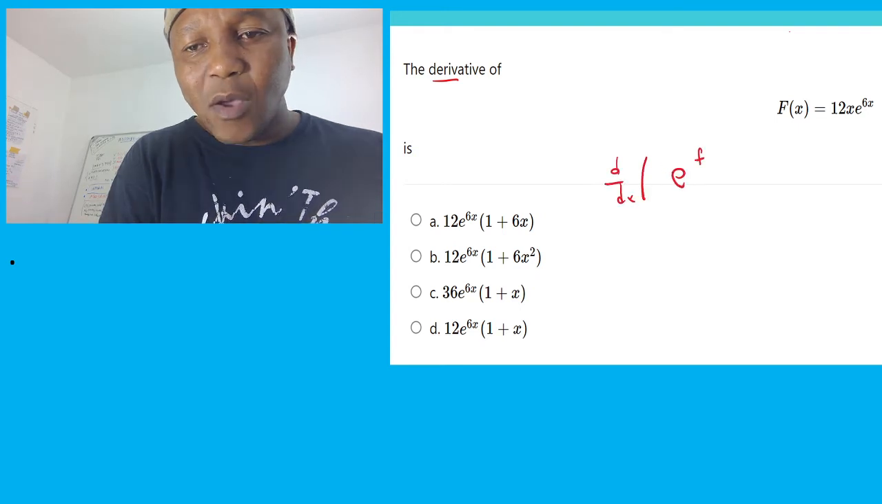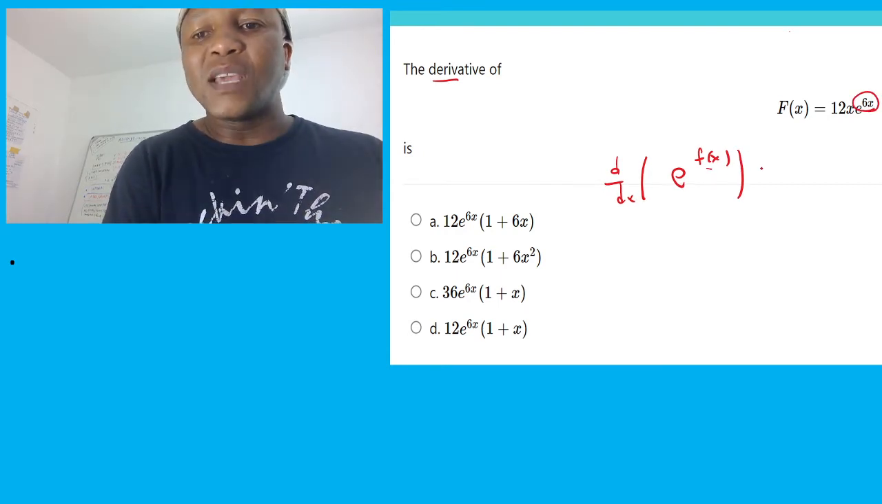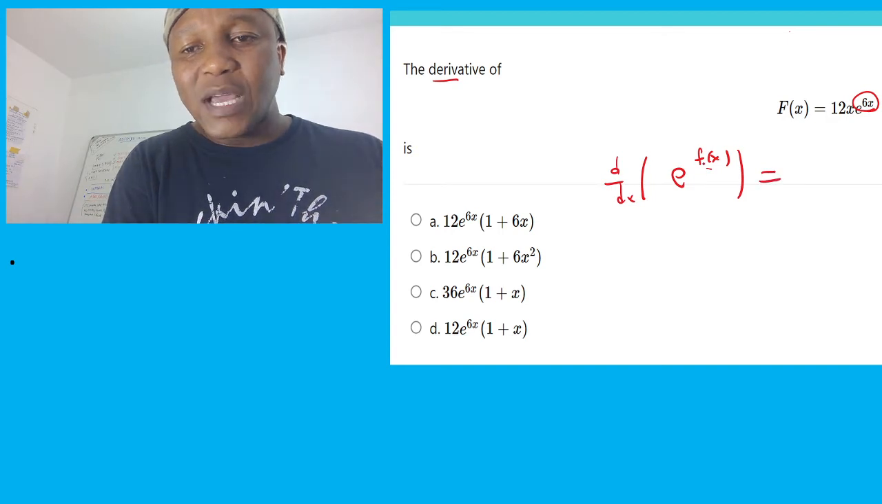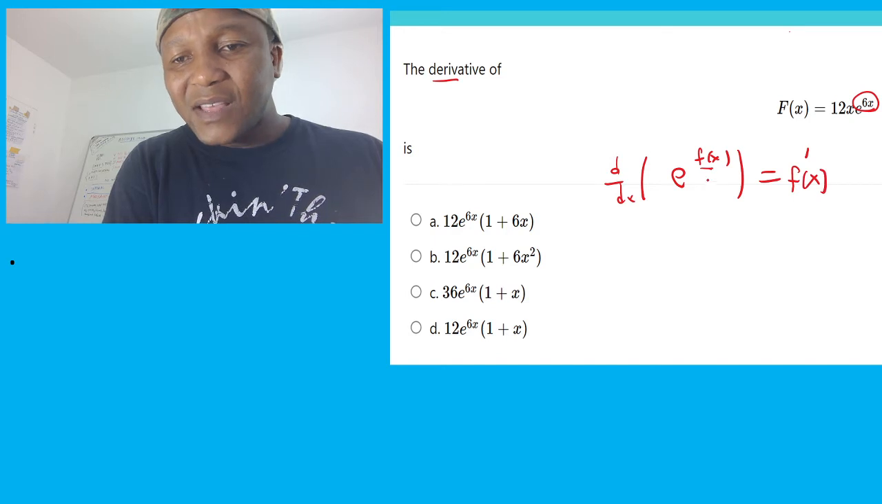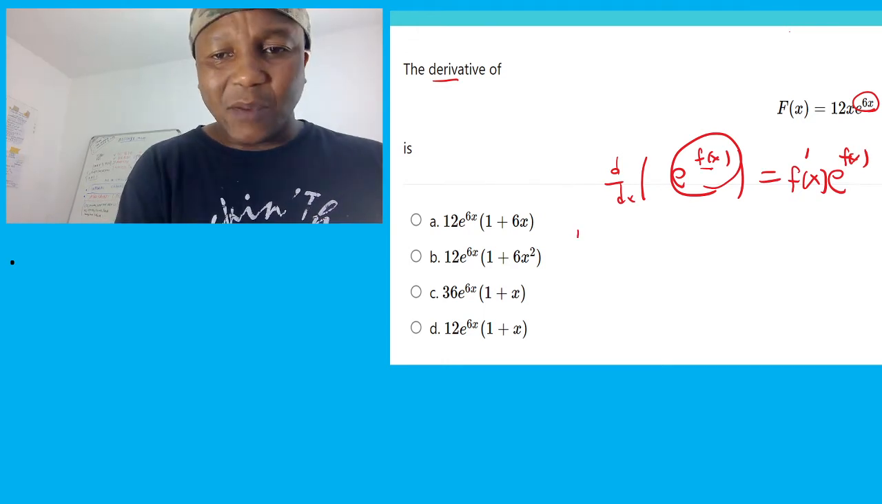If somebody gives you a derivative of e to a function, when you say function, it can be anything, like here, 6x. So if you derivate this, you derivate whatever you have there on top, at the back, and then write exactly what you have, which is going to be e to f of x. What does that mean? For example, somebody says derivate